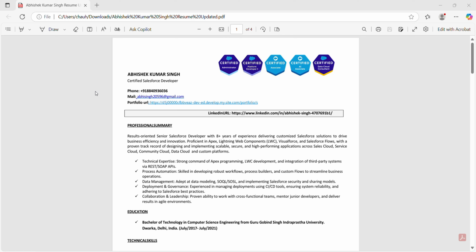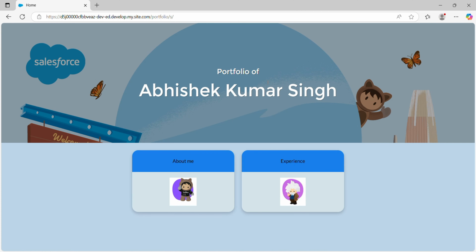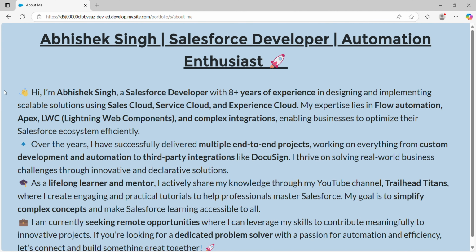Experience Cloud. As you can see, here is a demo resume of mine, and you will see the portfolio URL. When I click on this URL, it will redirect to my Salesforce Experience Cloud. See, here is the portfolio of Abhishek Kumar Singh, and you will see two options: About Me and Experience. When I click on About Me, it will showcase my experience details. When I click back and then click on Experience,